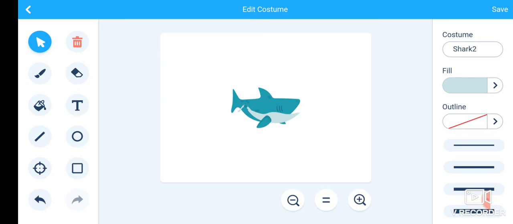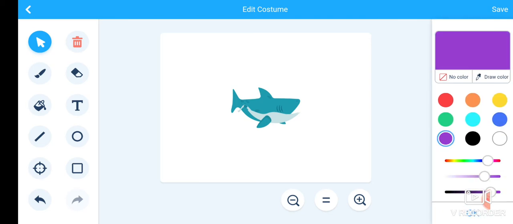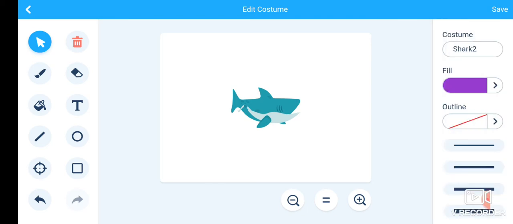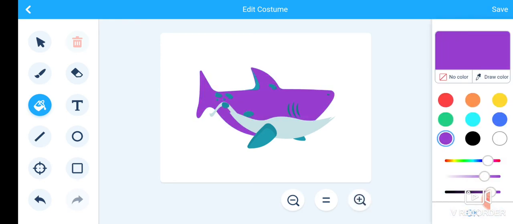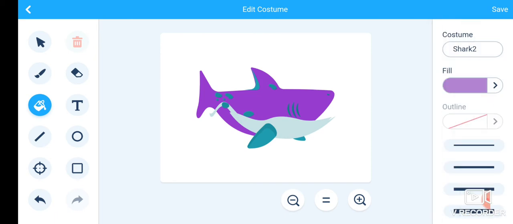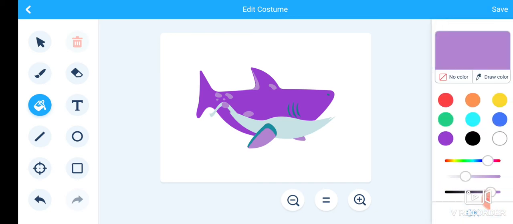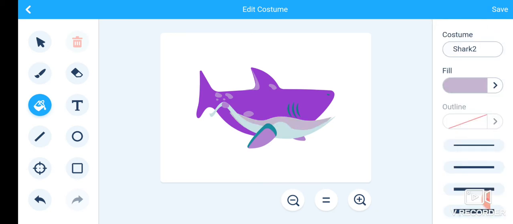Okay, fine. Now we also want to change the color of the shark. This one is purple, and inside this, fill this color purple. Inside this, now light purple, fill it. Okay, again more light, put inside it.